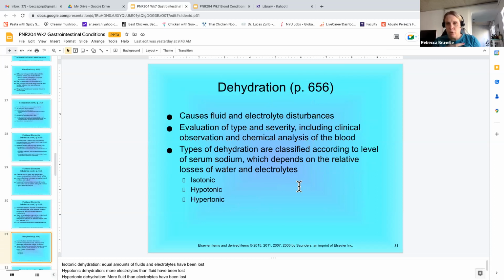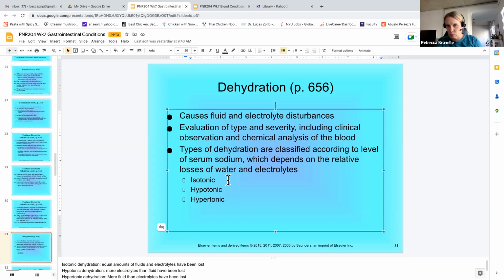So dehydration is when you've lost too much fluid. We talked about 4% when you're symptomatic, 10% it's more severe. Just like IV fluid, there are different types of dehydration: isotonic, hypotonic, and hypertonic. Isotonic is you've lost both fluid and your solutes. Hypotonic is you've lost more salt than water, and hypertonic is you've lost more water than salt. So you're going to adjust your IV fluid based on what type of dehydration. Honestly, isotonic is the most common, and you would treat isotonic dehydration with an isotonic fluid like normal saline.